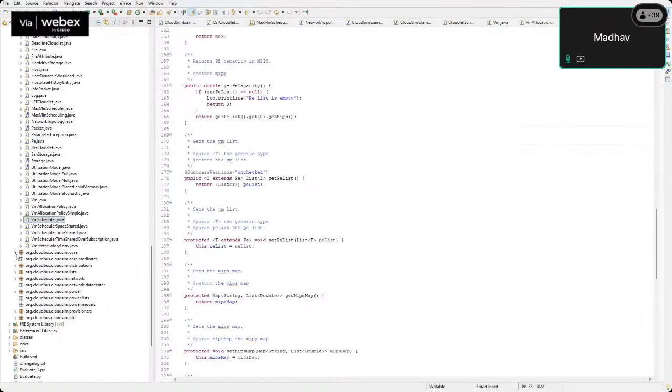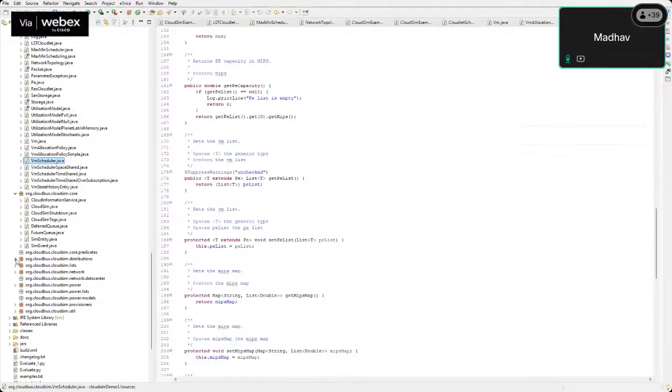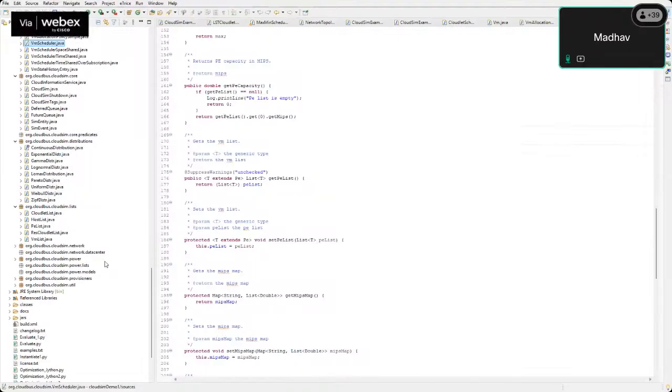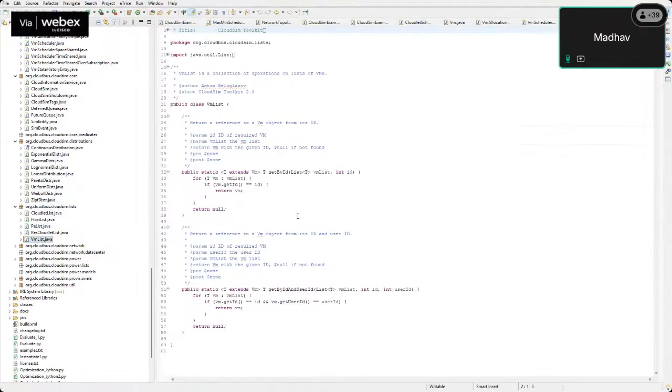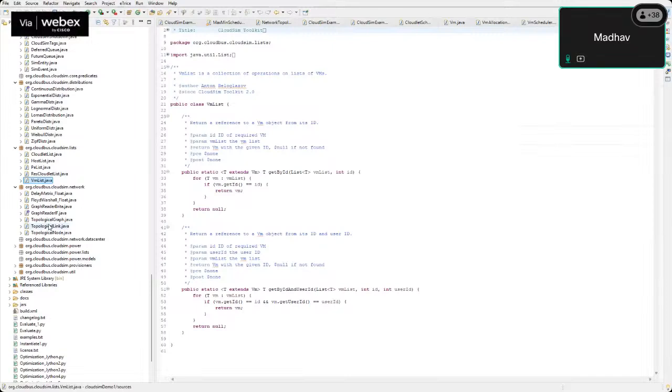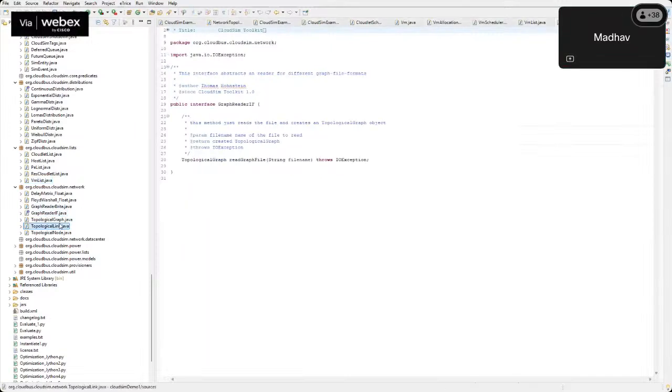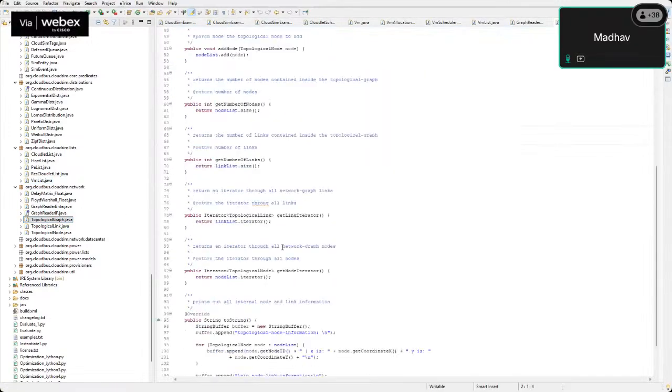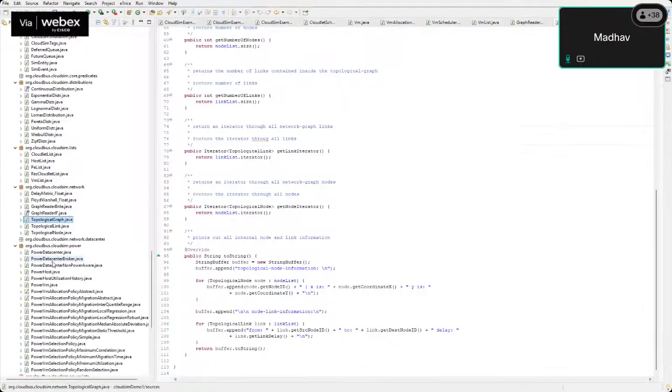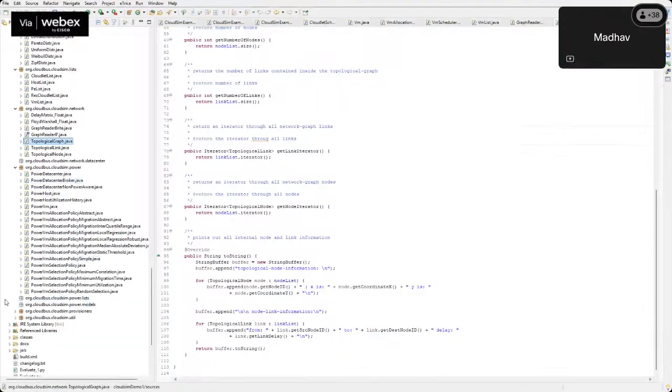There are so many files here. You have to change according to that. So for the distribution, you have to change these files. For the cloudlet list, you have to change this file, VM list, because I have taken a different VM list. So I have changed this code. Now, for the graph reader, for the topological graph, we have changed the topology here. For the power, we have changed these files according to the needs, how you have to simulate the